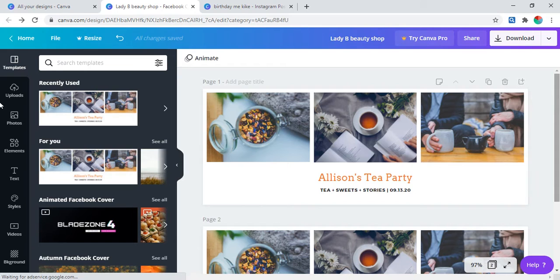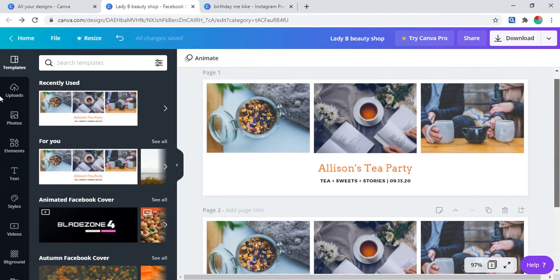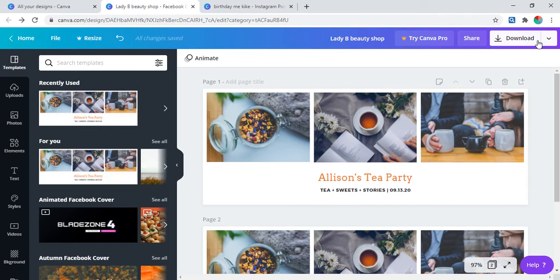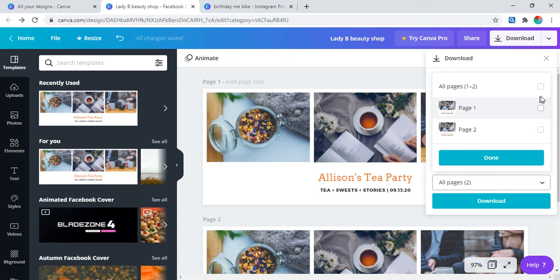Let's assume I have 2 files. I can have as many files. So probably I want to do a presentation, I can have as many files. So you can go to download and go here. Now before it was not showing you option 1 and option 2, but because you have more than